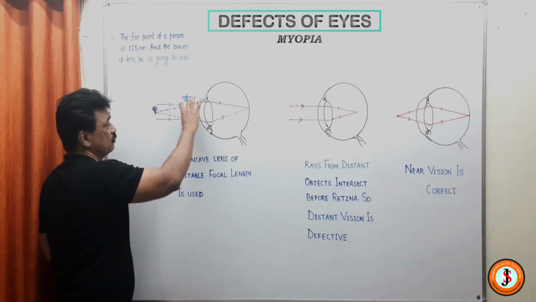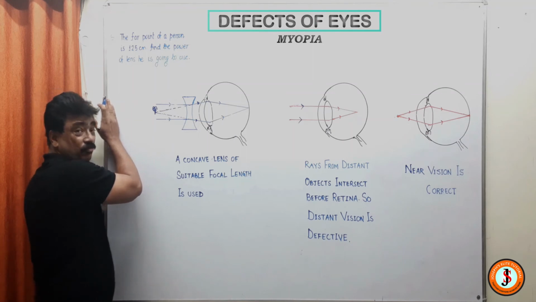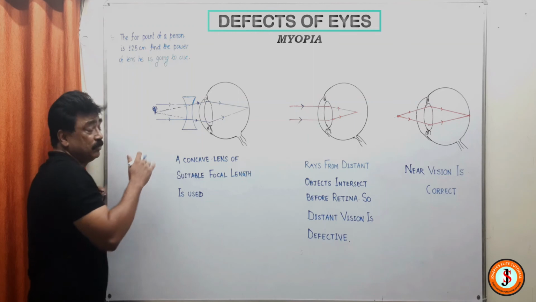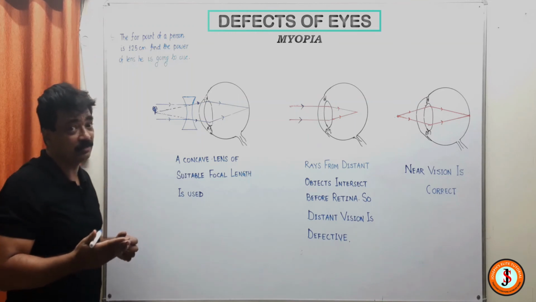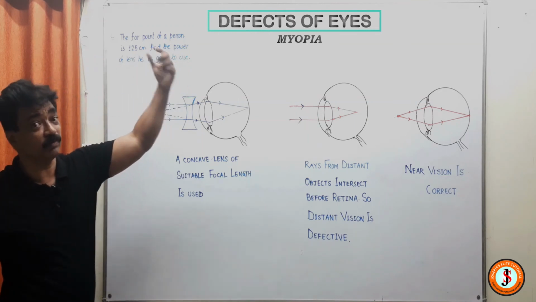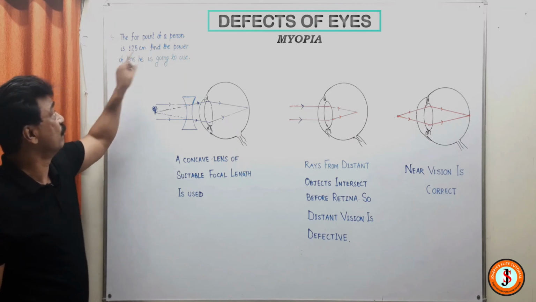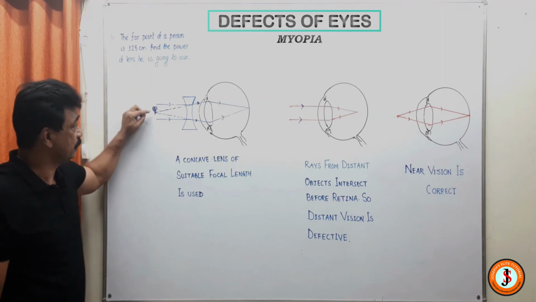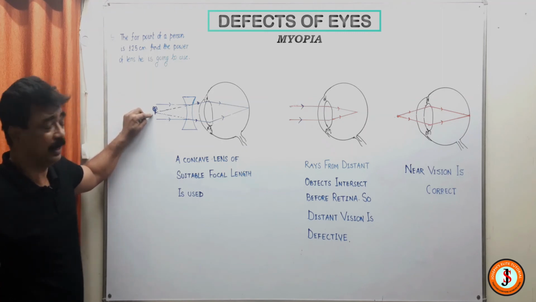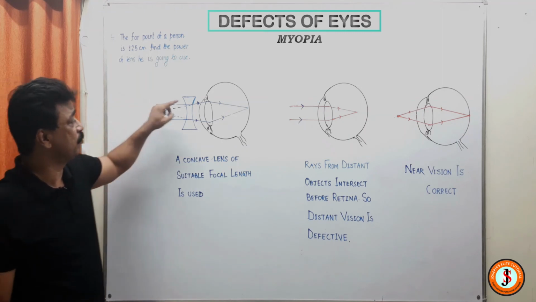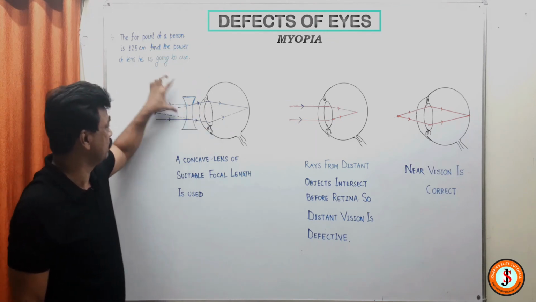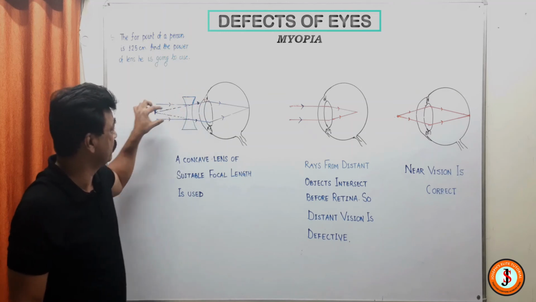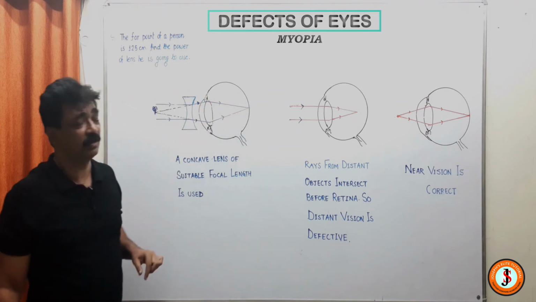So this lens has taken the image from very far and put it at the far point of the unhealthy eye. For a healthy eye the far point was infinity, but for the unhealthy eye it is 125 centimeter. So that is the far point. The image will be created over here, and this image will be picked up by the eye lens. Suppose you remove the eye lens, you see the rays coming from the image formed over here, and it is again formed on the eye.